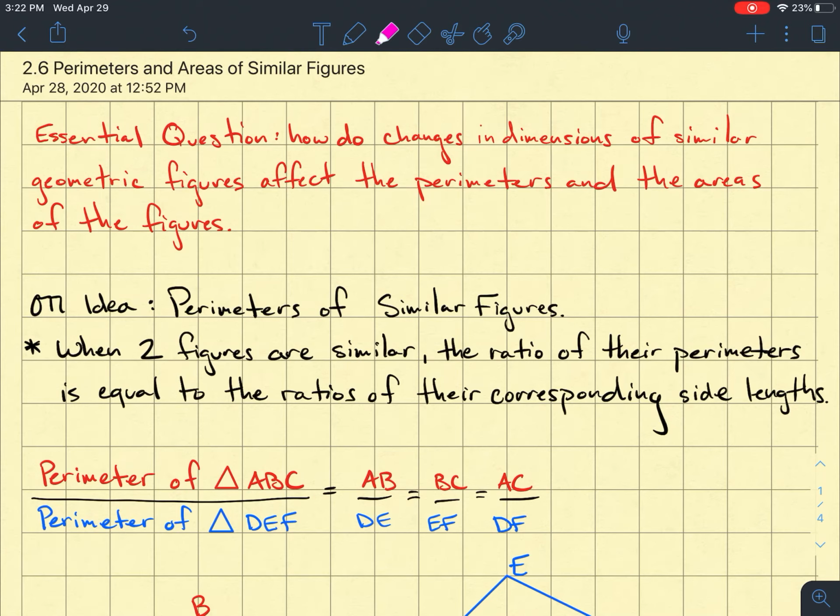So in red, how do changes in dimensions of similar, remember that's going to be the key word, similar geometric figures affect the perimeters and the areas of the figure. So just one thing to remember,